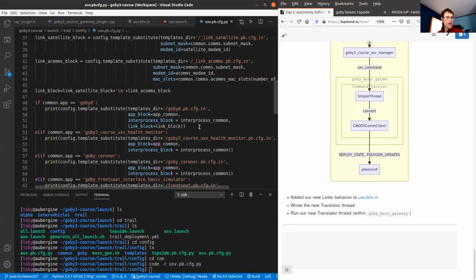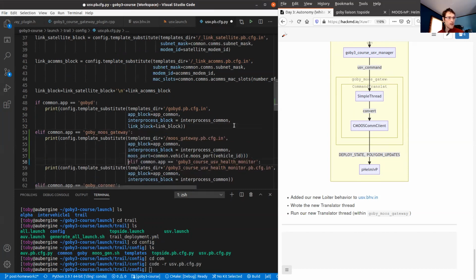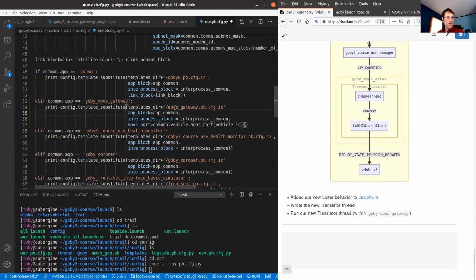There's this big block here of all the apps that it can preprocess, and we'll add a new block here for our Goby Moose Gateway. It doesn't really matter where we add it in here. So we're adding a configuration block for Goby Moose Gateway, which pre-configures this existing template file with the various parameters. And here's where we pass in the correct MooseDB port to that.